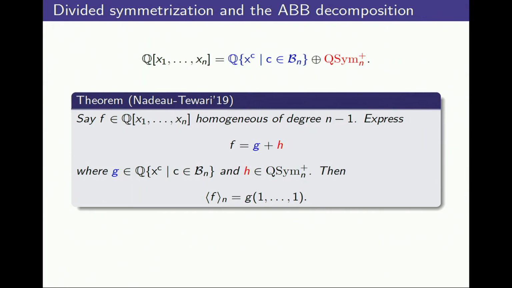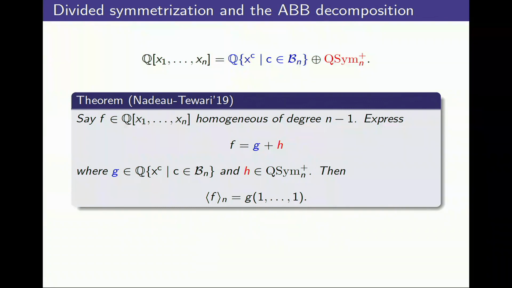All right, so what's tying divided symmetrization and quasisymmetric polynomials? Here's a lemma that we proved, sort of serendipitous. It was not in any way clear that quasisymmetric polynomials have something to do with this, but here it is. If you hand me a polynomial of degree n minus 1, I can break it into its 2 pieces thanks to this ABB decomposition. There's the quasisymmetric chunk in red and the good stuff in blue. And the idea is that the divided symmetrization of F is an evaluation of the good piece, G, at the all ones vector. Right? So you're specializing xi equals to 1. You're essentially summing the coefficients.